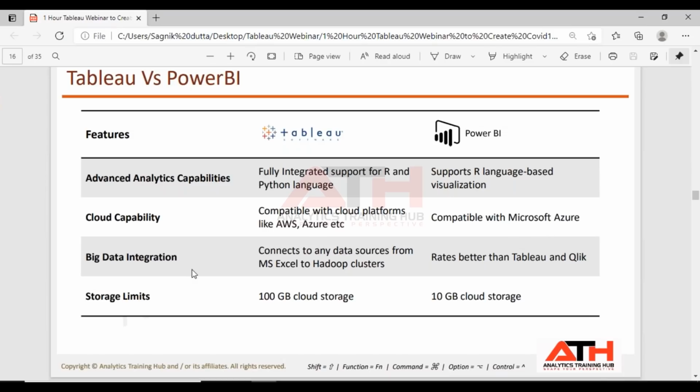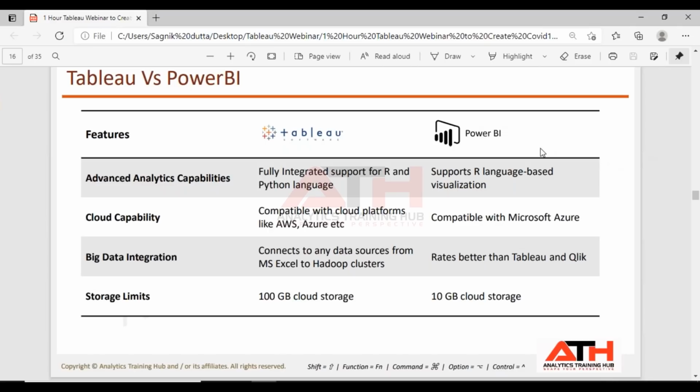When it comes to big data integration, it connects to any data source from MS Excel to Hadoop clusters, and it rates better than Tableau and Qlik. When it comes to storage limit, Tableau has more storage as compared to Power BI. So it all depends on the industry and the firm that is using the software.